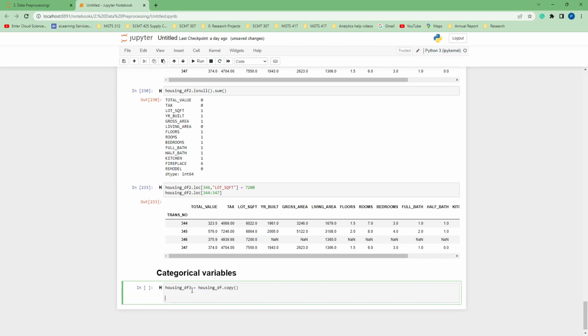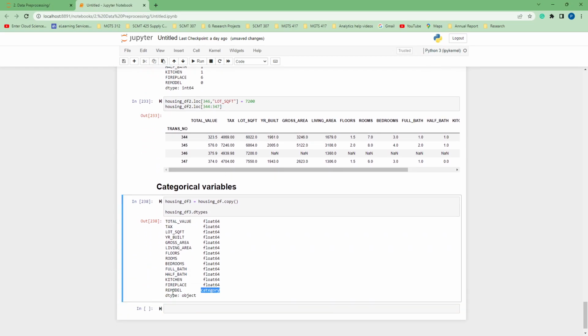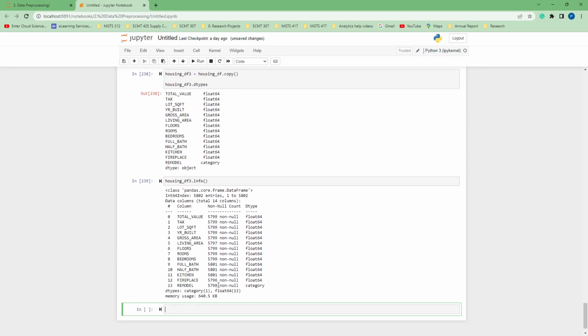And from here, to just quickly show you, housing_data_frame_3.dtypes. As we look into this, we have remodel, this particular attribute, which is a categorical variable. And from here, we can look into some more information, housing_data_frame_3.info. And as we look into info, with remodel, there are